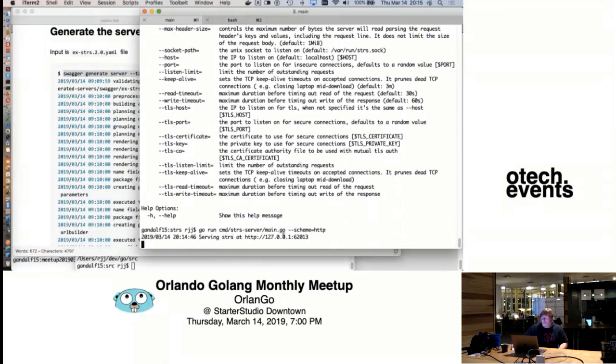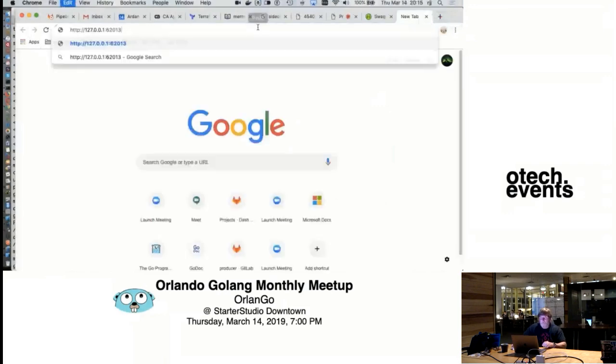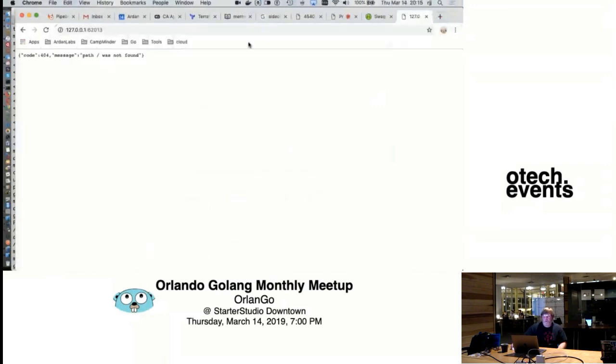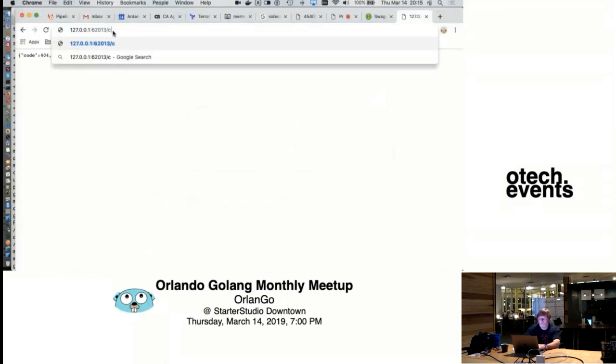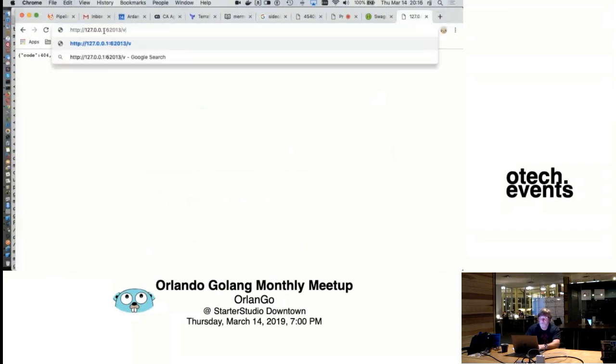Okay, so we could technically hit this. Let's see what happens if we do. Let's go back to Chrome, I guess. And path not found. So not a whole lot, but we said that it was, did we specify /concat? But it's not that. Remember, the prefix was v0. /v0/